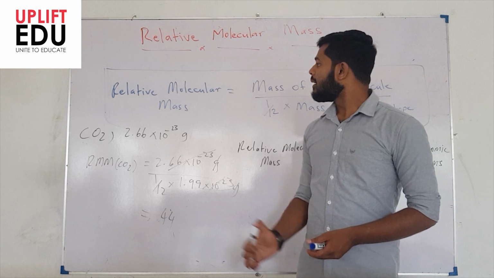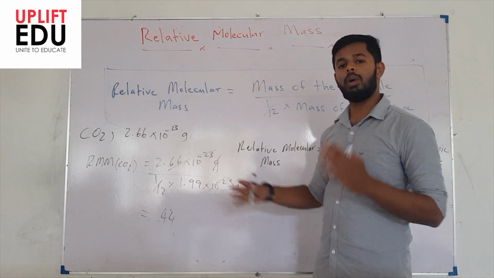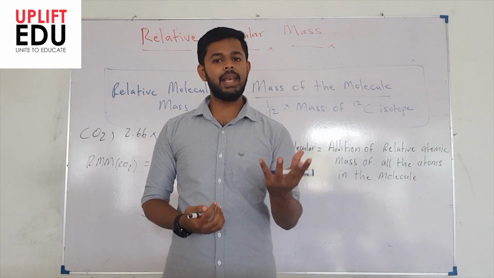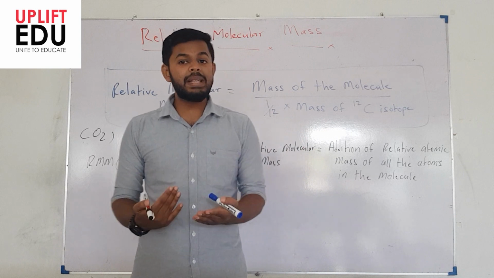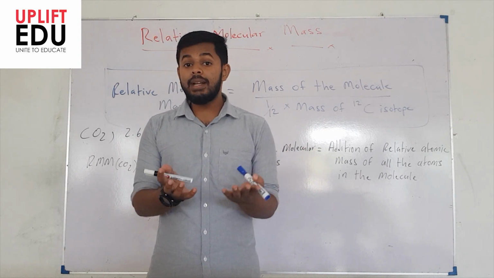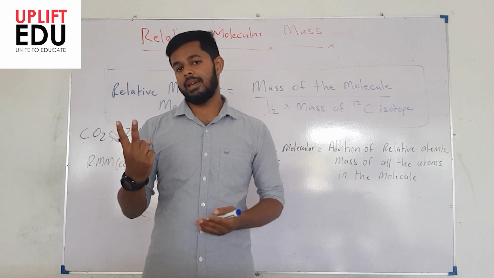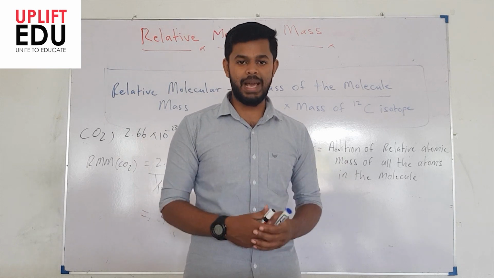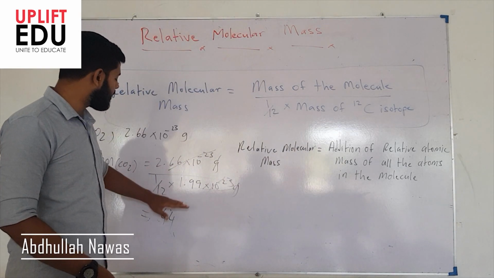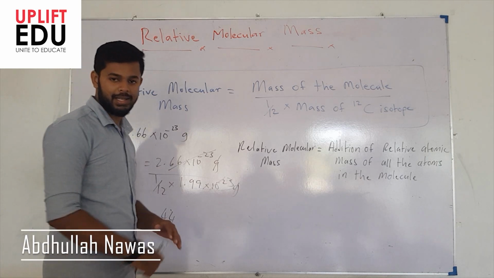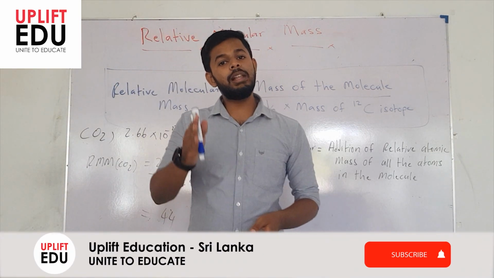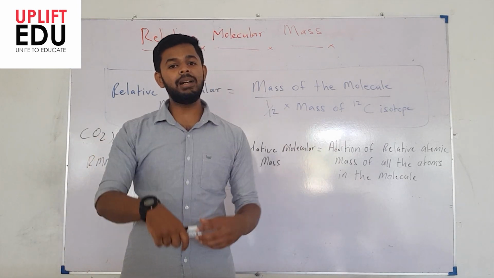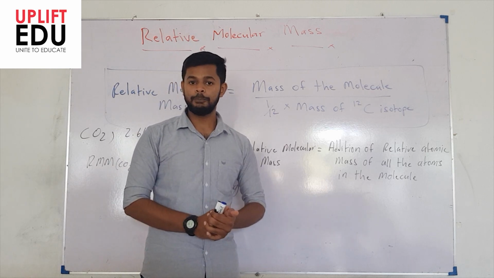To find the relative molecular mass, this is not the only way; there is another way. Consider an example: we are traveling in a boat, and let's say there are 10 passengers. If I want to find the mass of the entire system, I have two techniques. One is keeping the entire boat with the people on a scale and measuring the mass. Or in the other way, I can weigh the masses of all the individual persons separately and the mass of the boat separately, and add all together. That is another possible way.